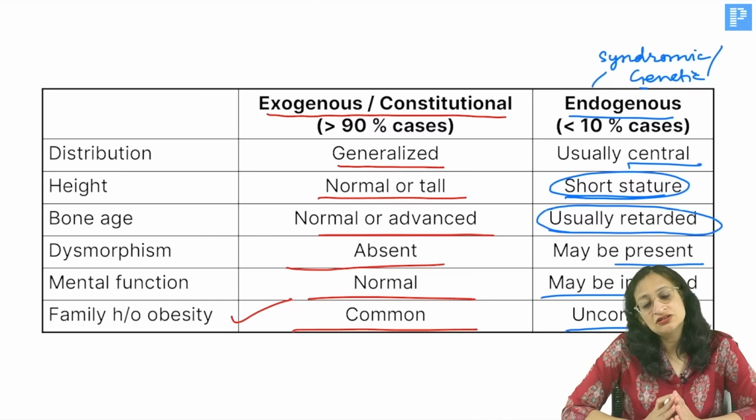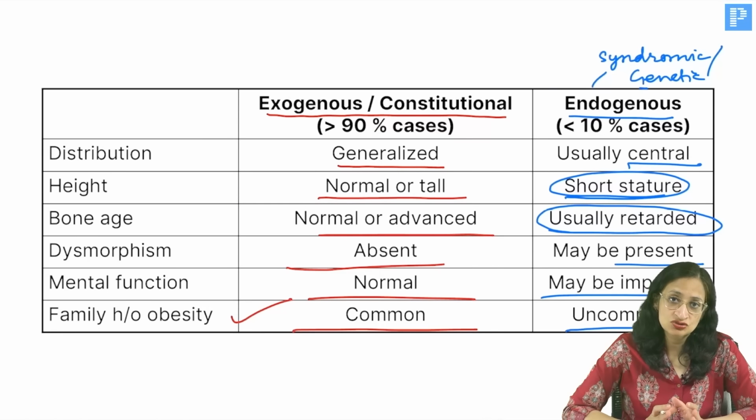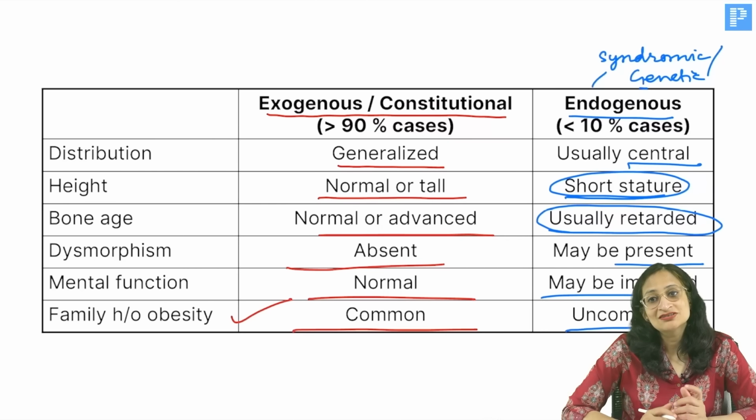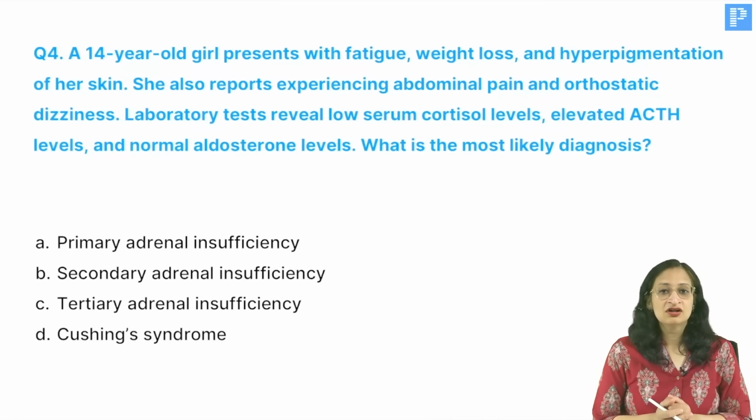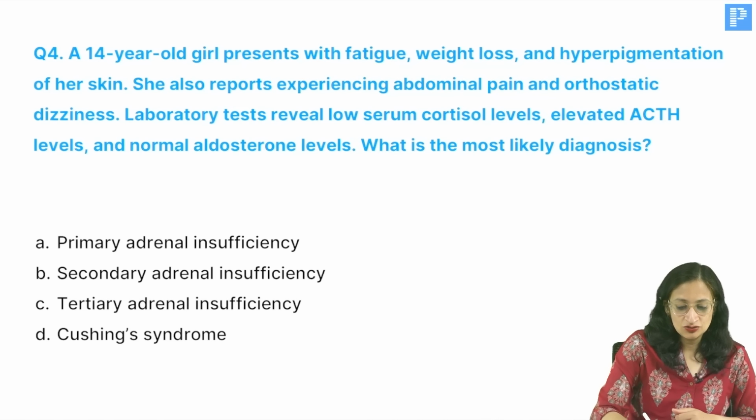So that is how from a case scenario you can distinguish whether it is constitutional or exogenous obesity, or it is some syndromic or genetic or endogenous obesity. Clear? Okay. Now, moving ahead, you have a case scenario here where a 14-year-old girl presents with fatigue, weight loss,